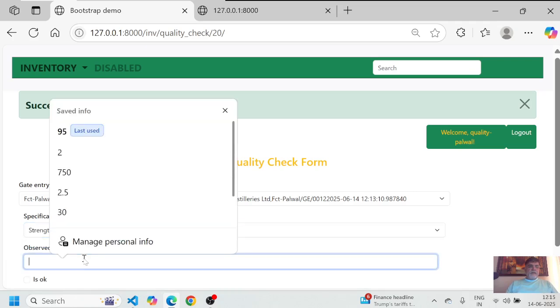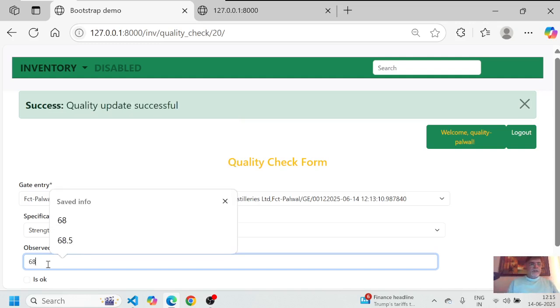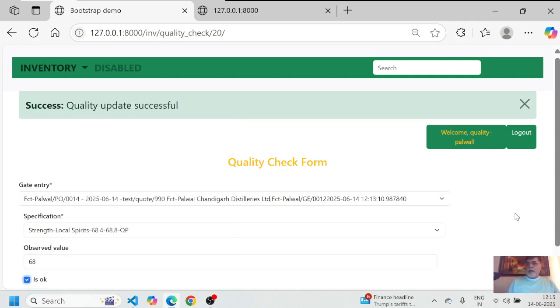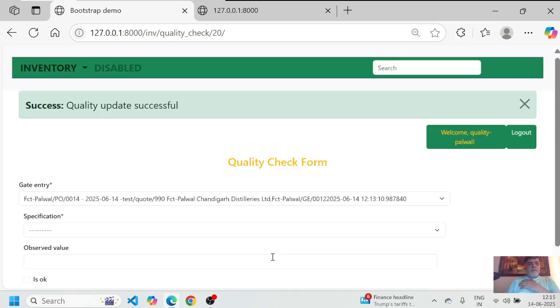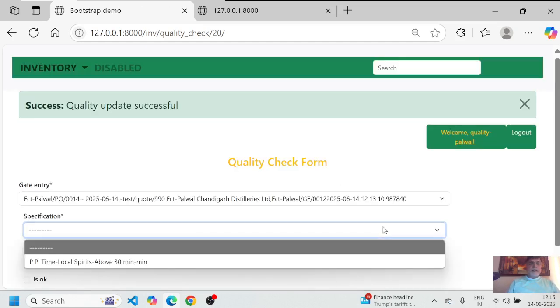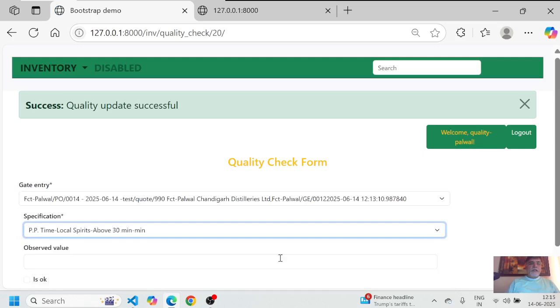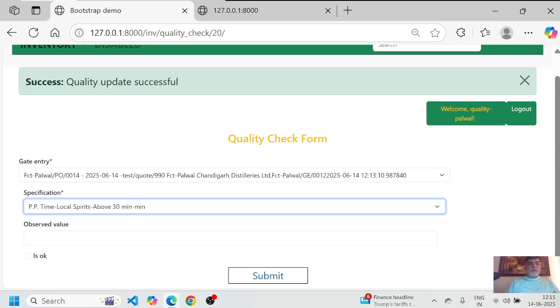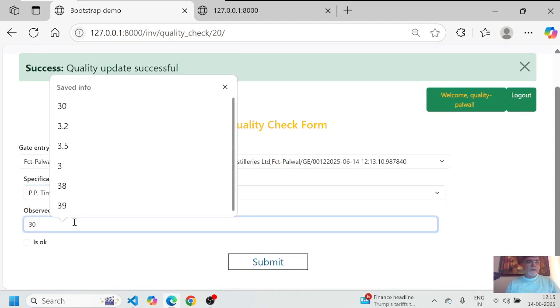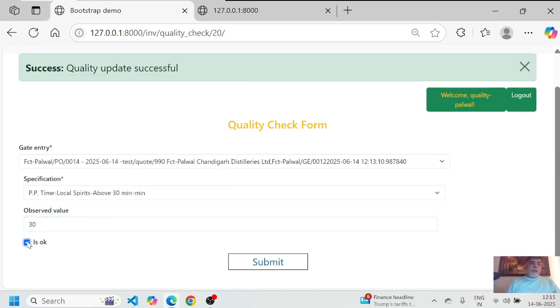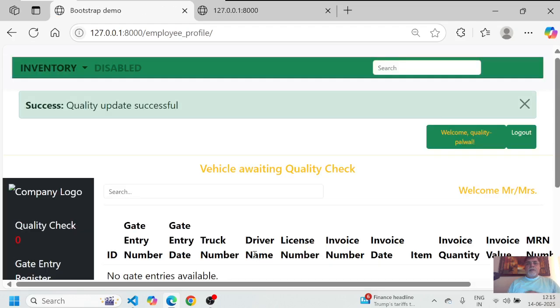Again here he will fill the value. Let's say it's 68. Again he will press OK here. Then he will submit. Then third time, this is the last one. So value is 30, okay, and submit. Now once this is done, if you see there are no gate entries left for him